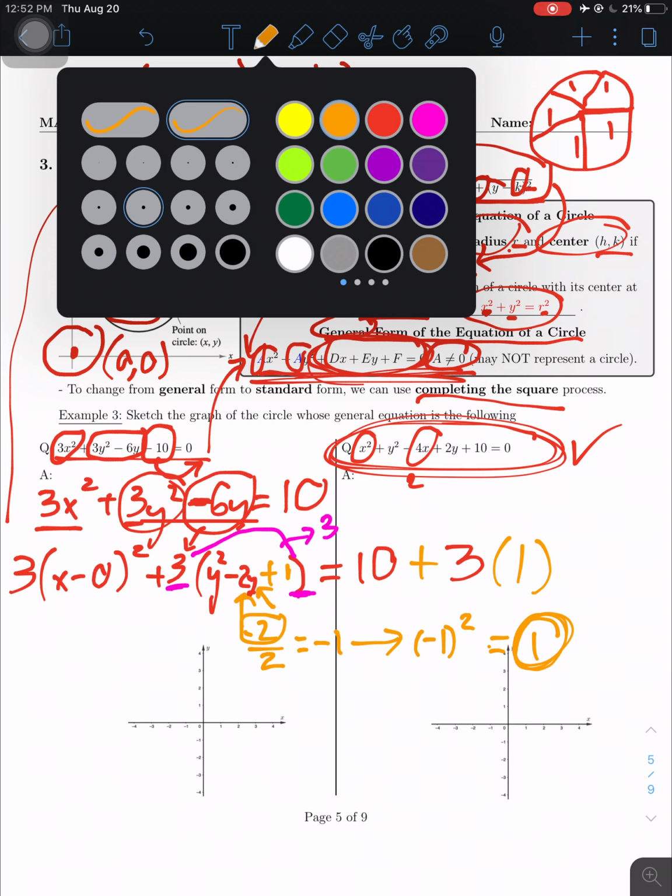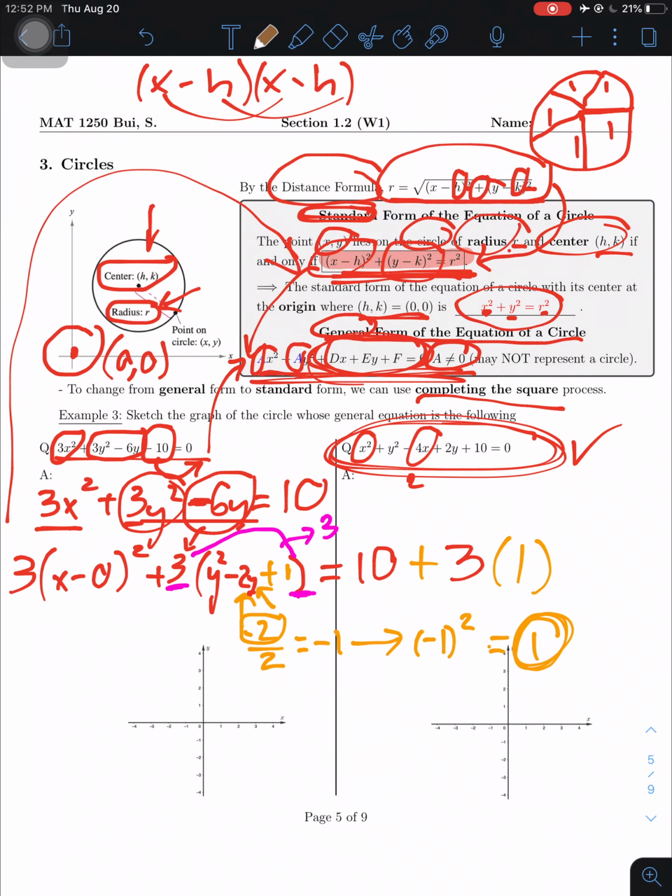Okay, now let me use, I don't know, brown here. This 3 is because the front number of the parentheses is 3. And this 1 is because the third number in here is 1 coming from here. Okay? After that, that's the hardest part. Now the easier-ish part